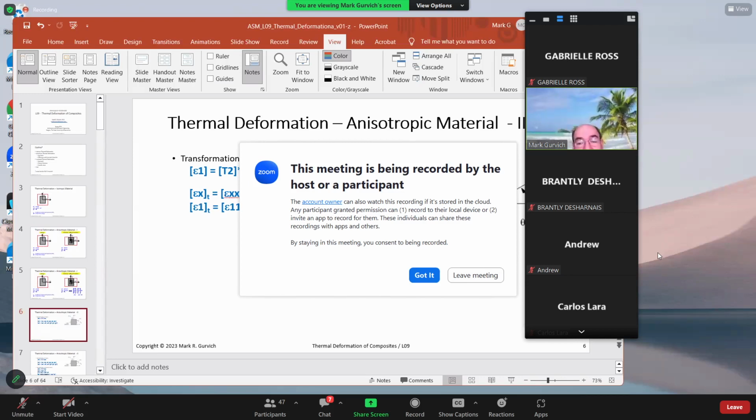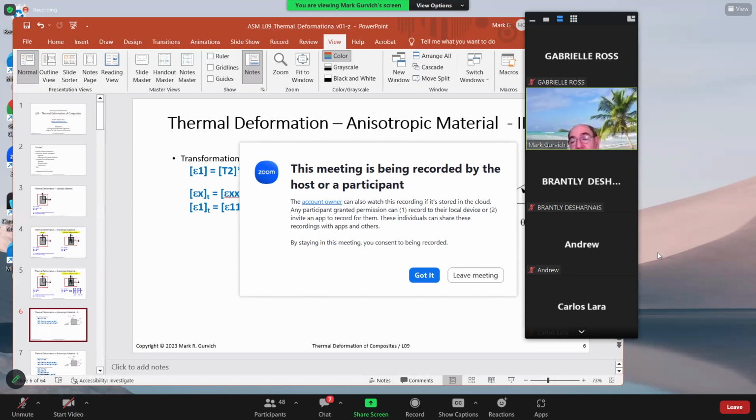So the question would be the following. If you know thermal expansion in coordinates 1 and 2, what would be similar properties in coordinate system X and Y? Very straightforward, very practical question. Actually, this slide will answer this question. So what we are doing now, first of all, at the very beginning, what you see on my left side, let's rewrite